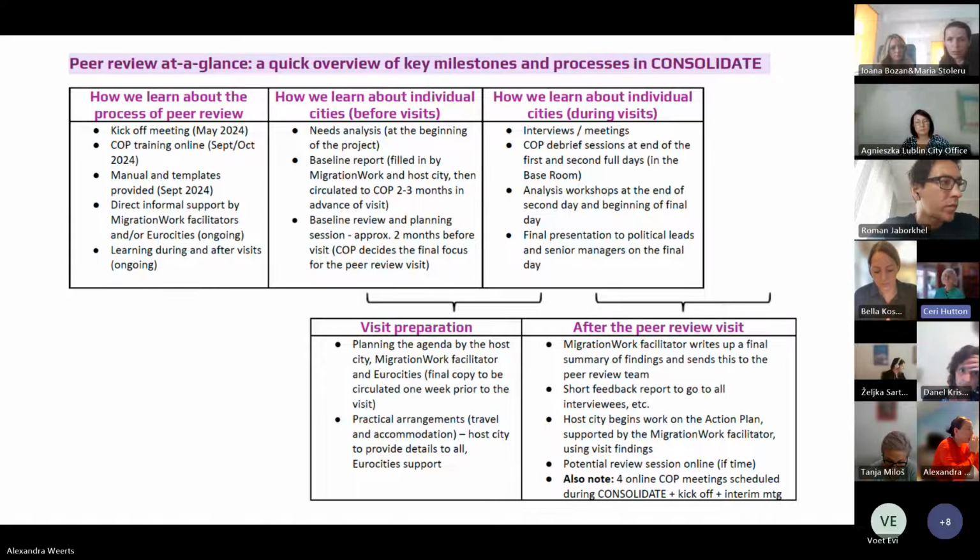And then during the visits itself, we learn about individual cities through interviews and meetings, which really take up all of the first 2 full days of the visit. And at the end of those days, we have debrief sessions, and we may have them in